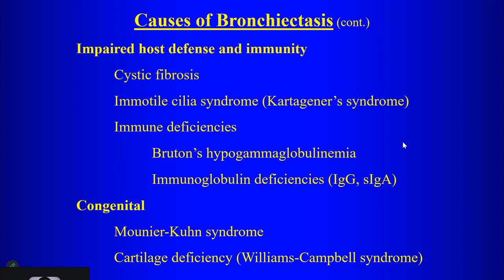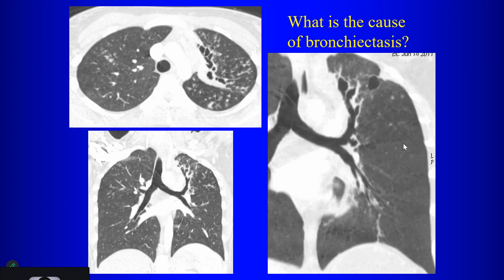So we'll talk about some diseases and causes of bronchiectasis. So for this particular case, what are the findings that we have here? Well, given the topic of the lecture, the first thing you want to point out is what? Bronchiectasis, yes, where? Left upper lobe bronchiectasis. Yes, we have bronchiectasis here in the left upper lobe. What else do we have? Centrilobular opacity in the left upper lobe. Yeah, so you have these centrilobular